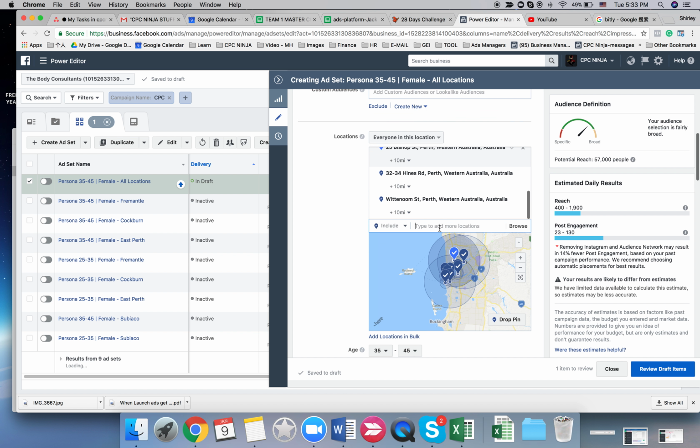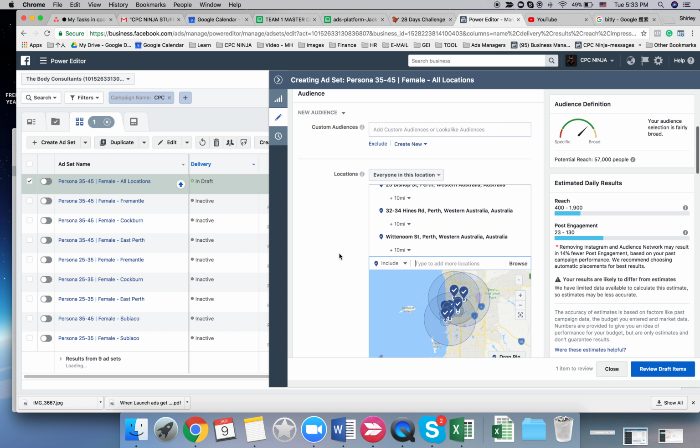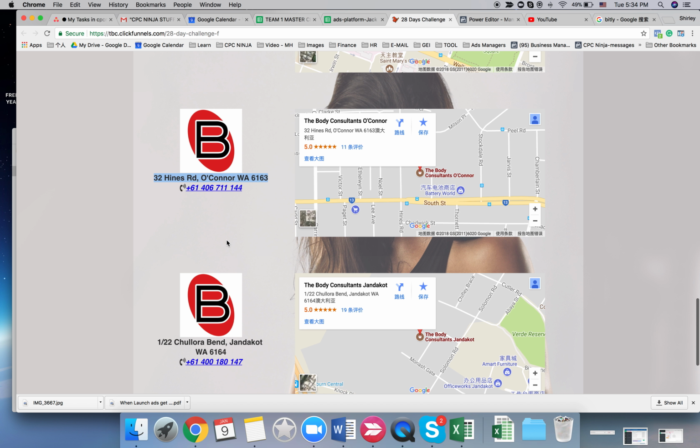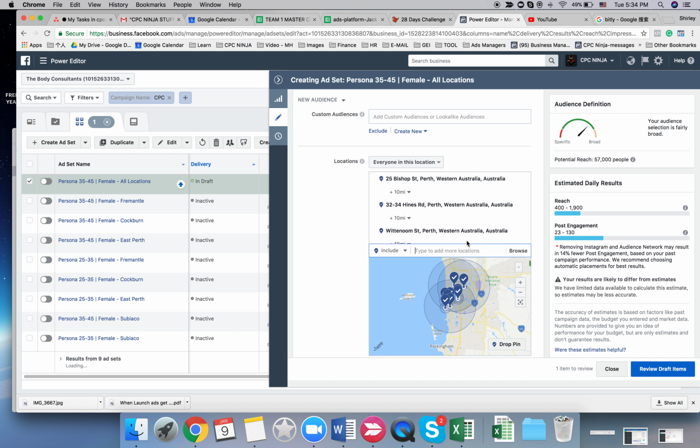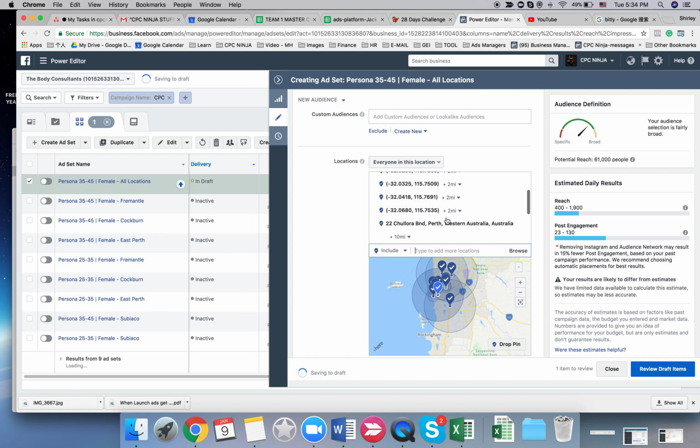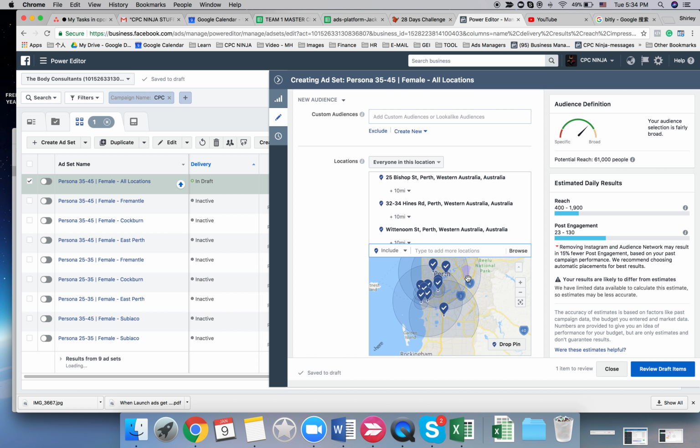So now we see that practically all the clients' locations are overlaid with each other. That's why when a client has multiple locations in the same area, we can't really do separate ads. You see, at 10 miles they're overlaying with each other. So in this case, if we do the ads separately, I know we set up a 10 miles radius, even though we're separating the ads,